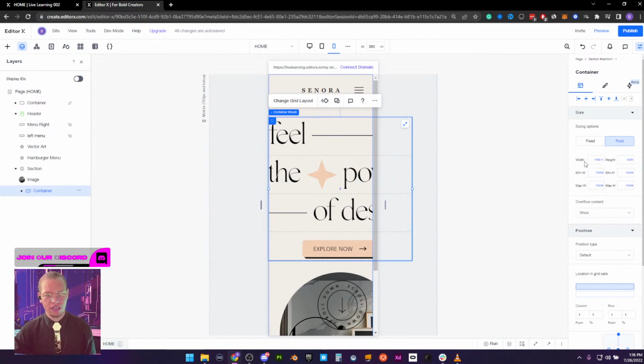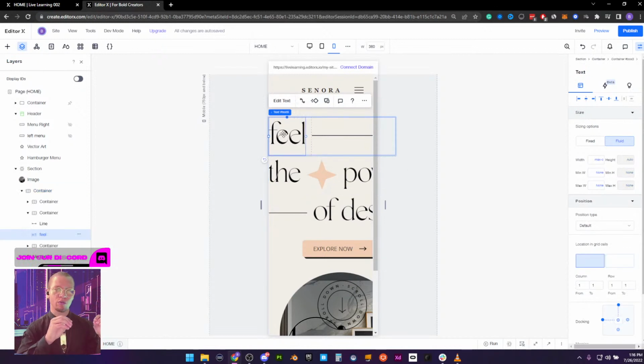I'm going to set that to none so that the width of the container sticks with max content, which basically looks at everything in here and says, what is the proper size I as a container need to be to make space for this content. So now all we need to do is edit the contents within and the container will adjust.